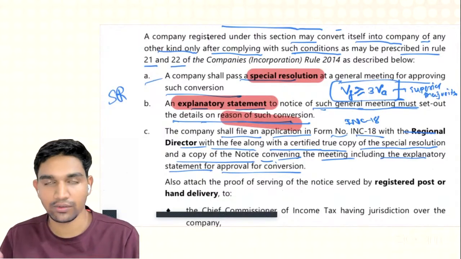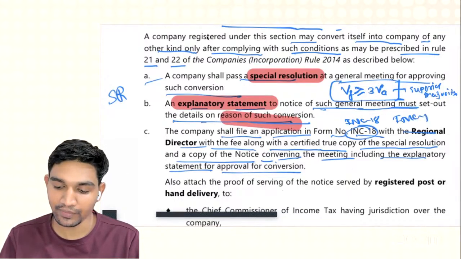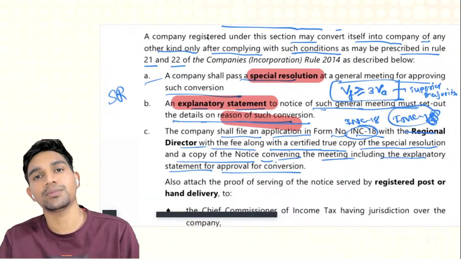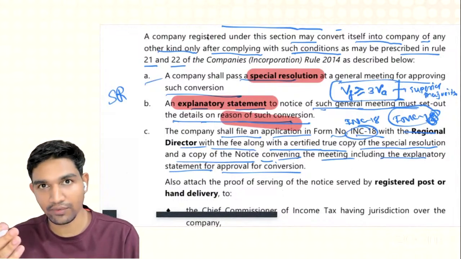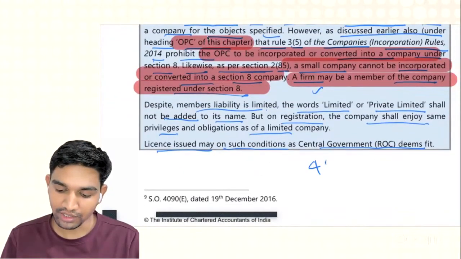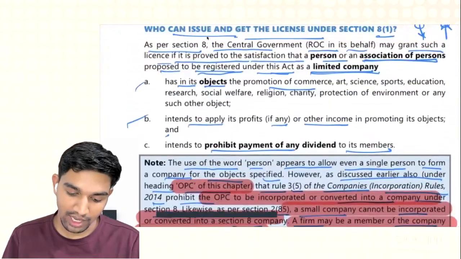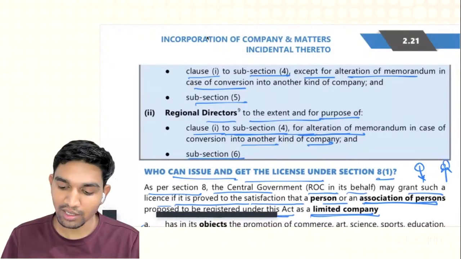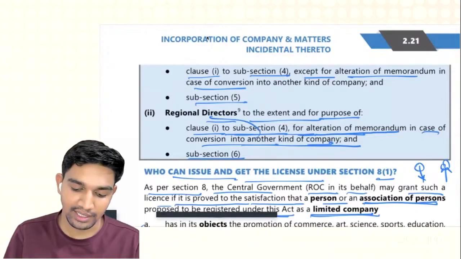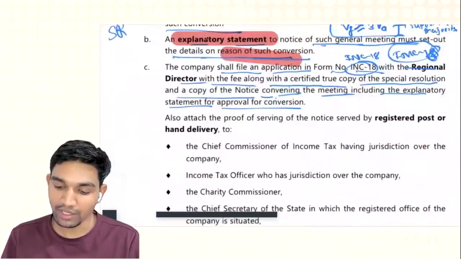And if a Section 8 company has to convert from one form to another form, it has to submit Form INC 18. Now, to whom? Because the power for alteration of memorandum has been delegated to the regional director, as we already saw in Section 8, subsection 4, clause 1: for alteration of memorandum in case of conversion into another kind of company, the power is delegated to the regional director. So Form INC 18 should be submitted to